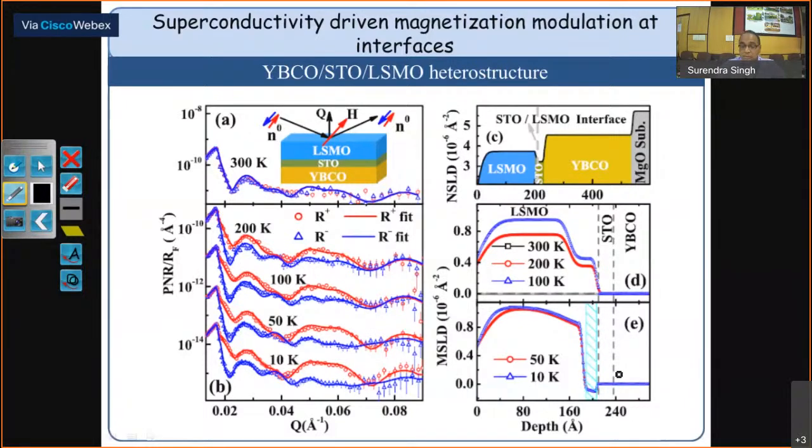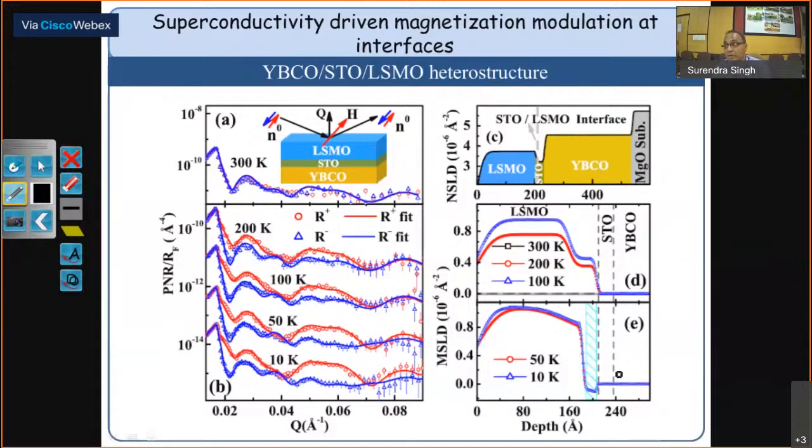Okay, so these two systems show that without PNR, we cannot get this kind of information for these complex oxide systems. In one case we found ferromagnetism, and it is not very small. We found a maximum ferromagnetism in one of the BFO LSMO systems. The interfacial BFO layer was showing a magnetization of around 180 emu per cc, which is quite high as compared